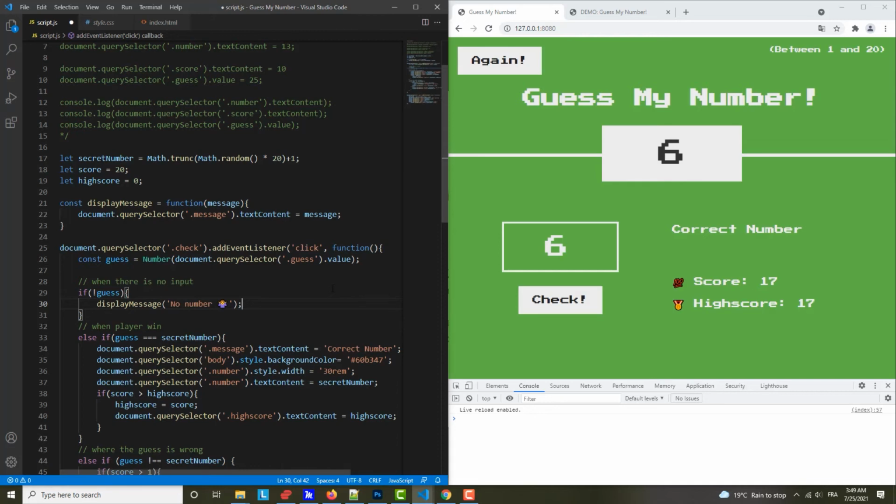And so then here we say document.querySelector for the message, .textContent should be the message that we just passed in. That makes sense, right? And so basically we took this code here, which is responsible for setting the message, and put it into this display message function that we can now use everywhere